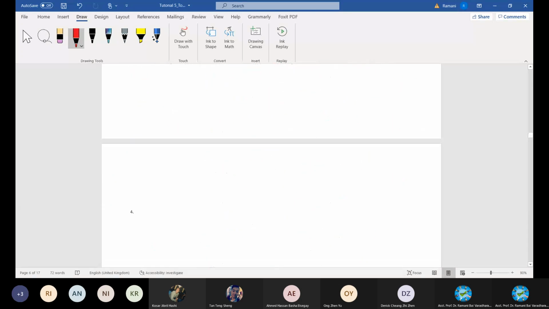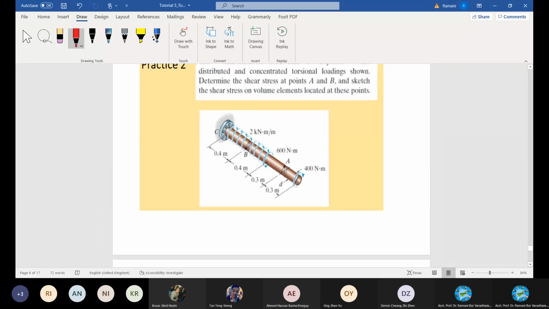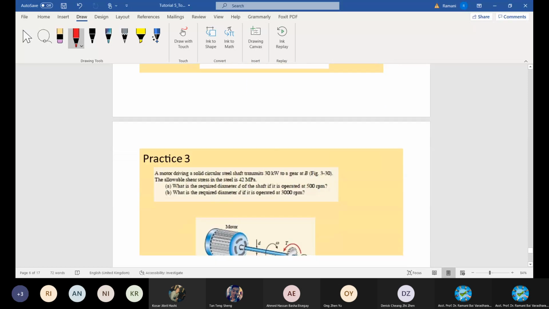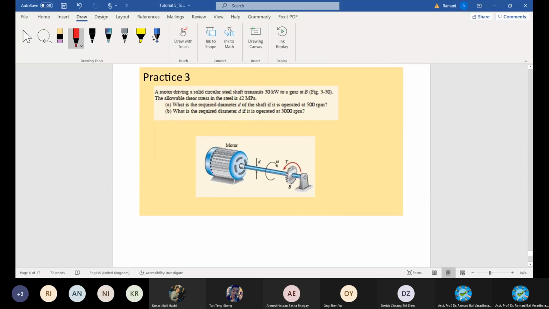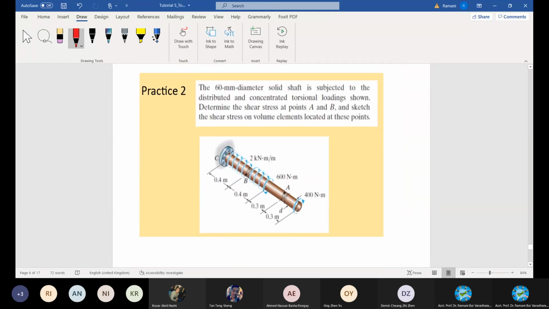Can you try the remaining questions? There are 2 more questions given to you already. I will cover the remaining questions in the next class, or I will try. I'm still preparing the videos. I cannot send you all, but I'm almost working out some of the questions for you to work out. Keep the practice of completing the exercises given to you.